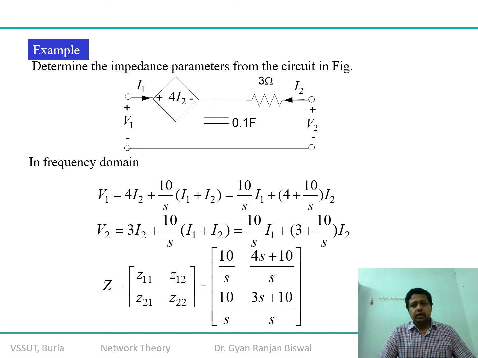And if you rearrange these equations and compare them with the standard Z matrix, your Z11 will be 10 by S, Z12 will be this, Z21 will be this, Z22 will be this. Okay, so you can cross-examine this answer by the standard approach I have told you: you apply I2 is equal to 0, calculate the remaining two factors, and then again assume I1 is equal to 1, and then you calculate the remaining two factors, that is your Z22 and Z12. Okay, you will see and verify that both the things will remain the same.